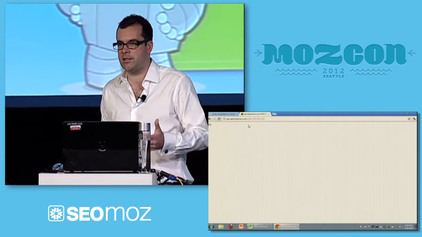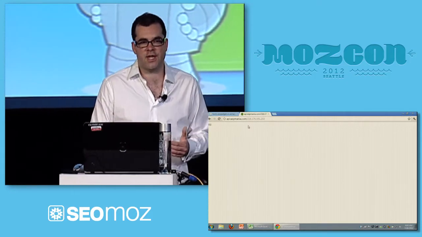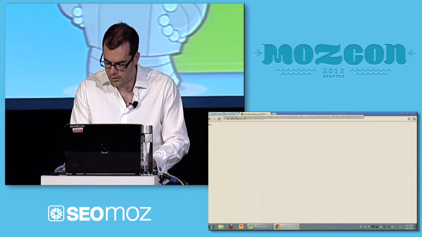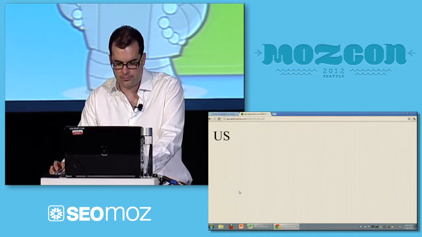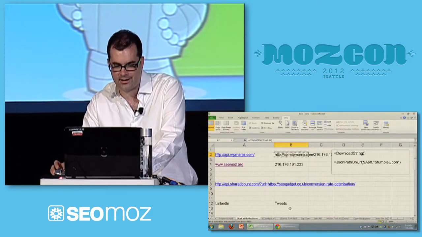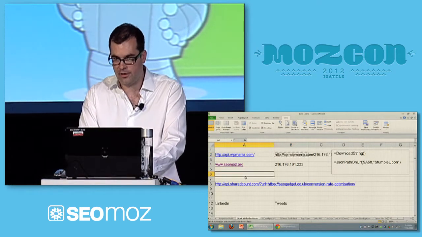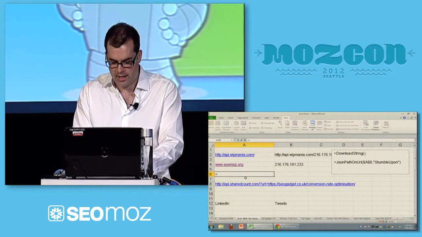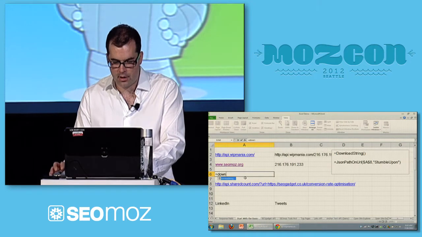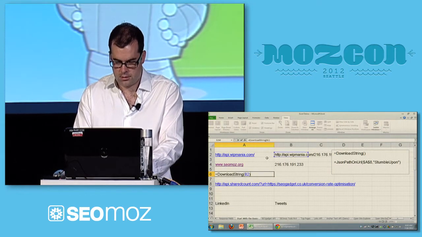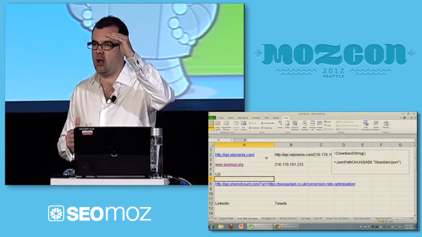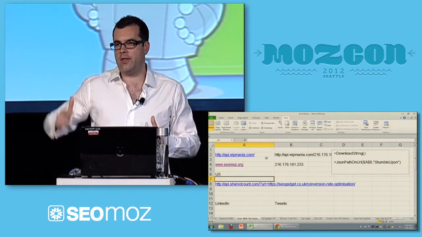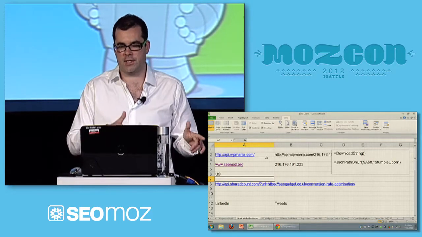Just paste an API URL into a browser and see what data you get. So we have US, which is pretty cool. So how do we get that into Excel? This is the first and the easiest way for you to do that. If we tell Excel to download that string, there it is. So think about that. You could have a list of links and where those links are all hosted, just using that methodology.